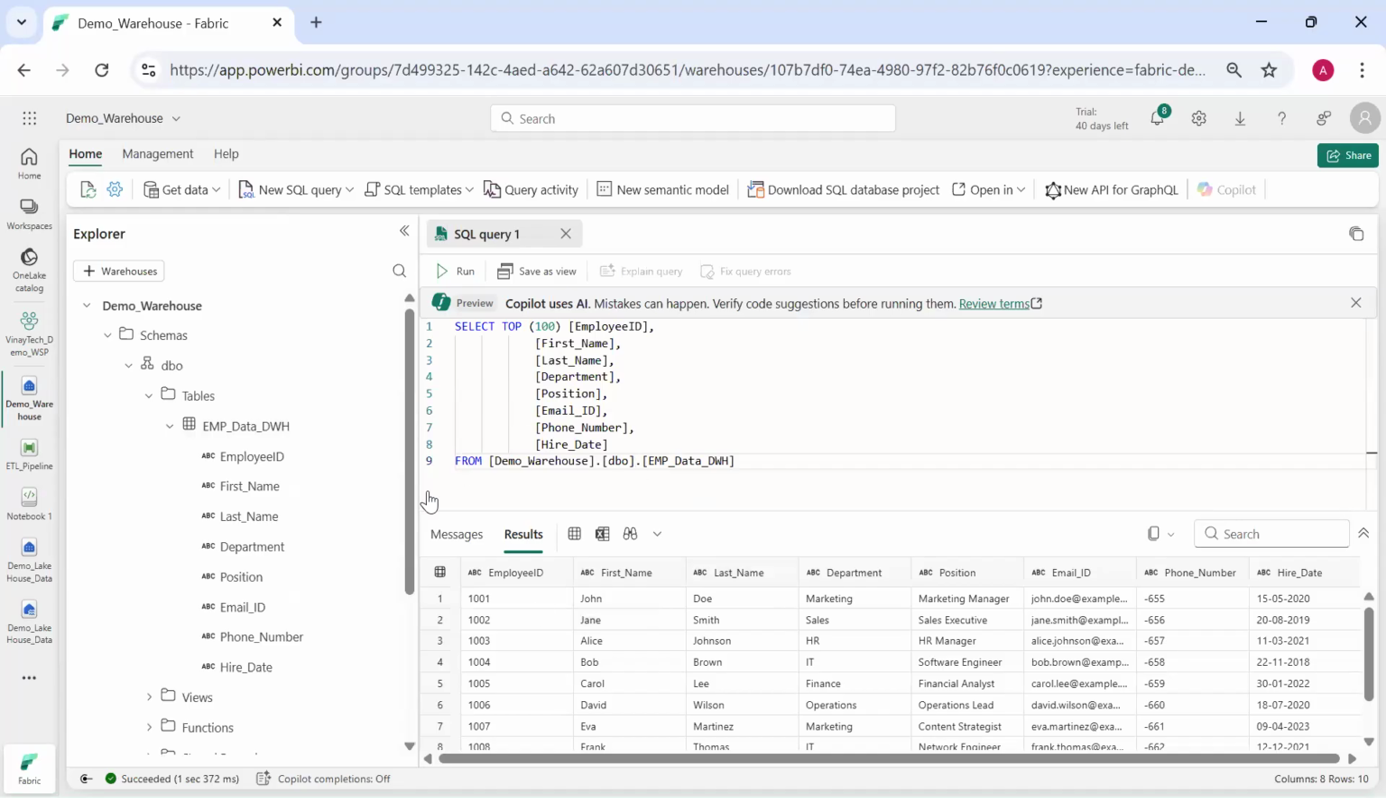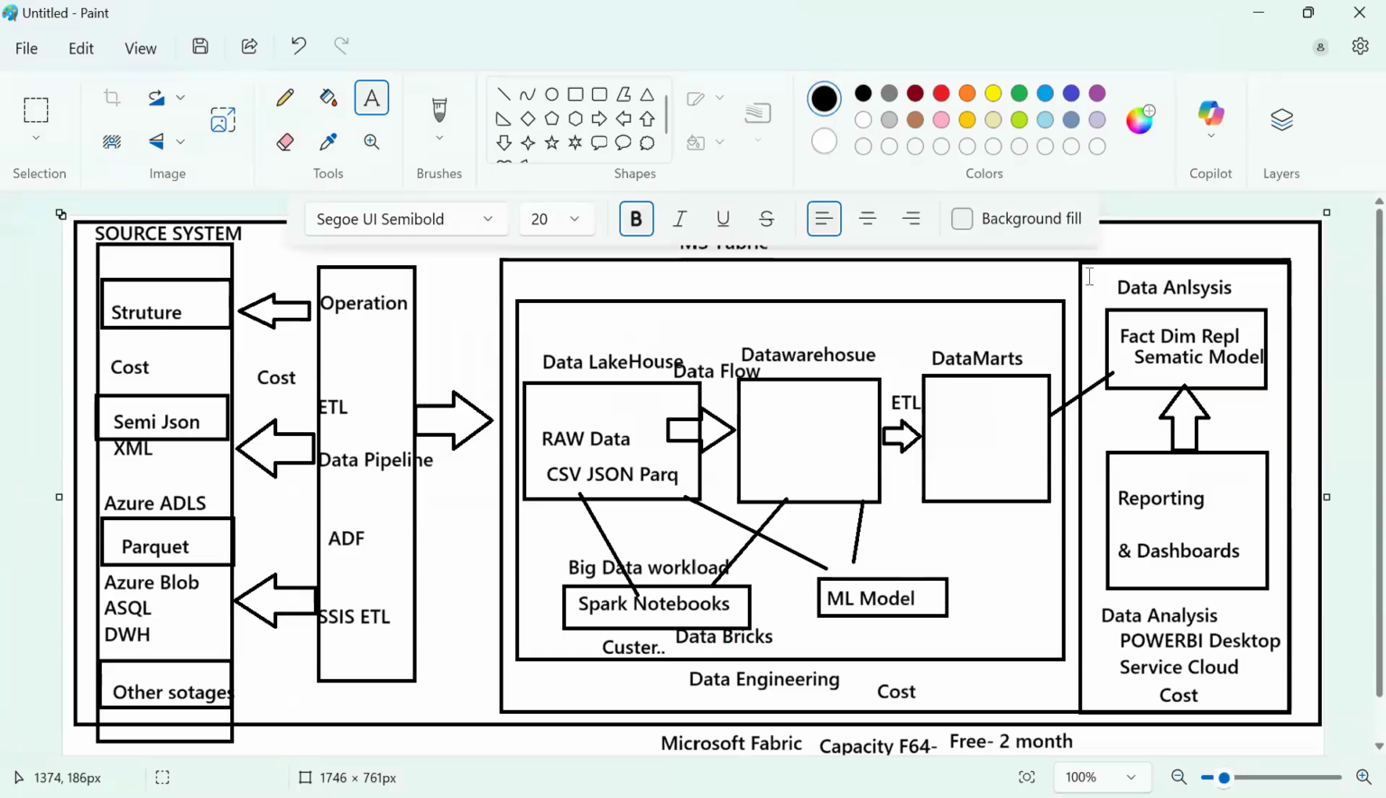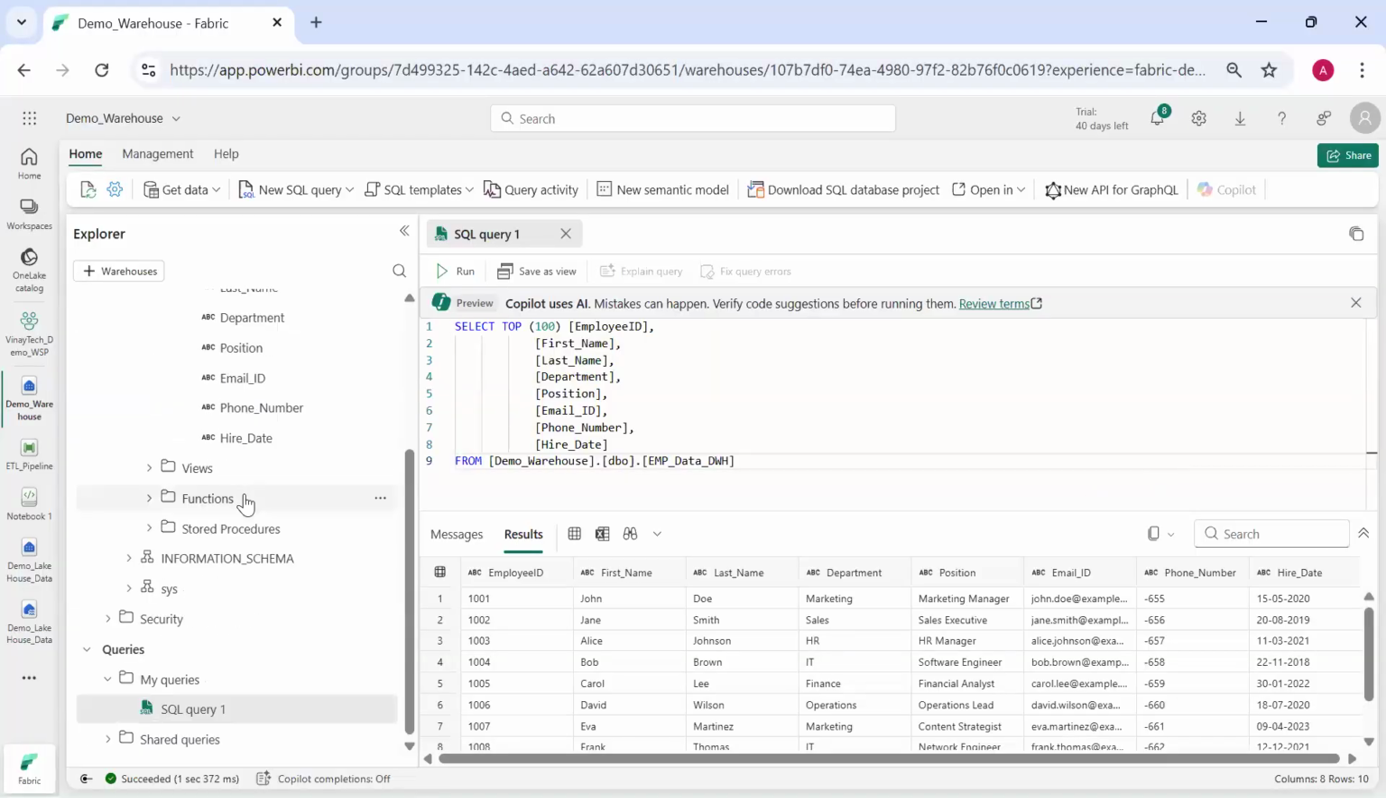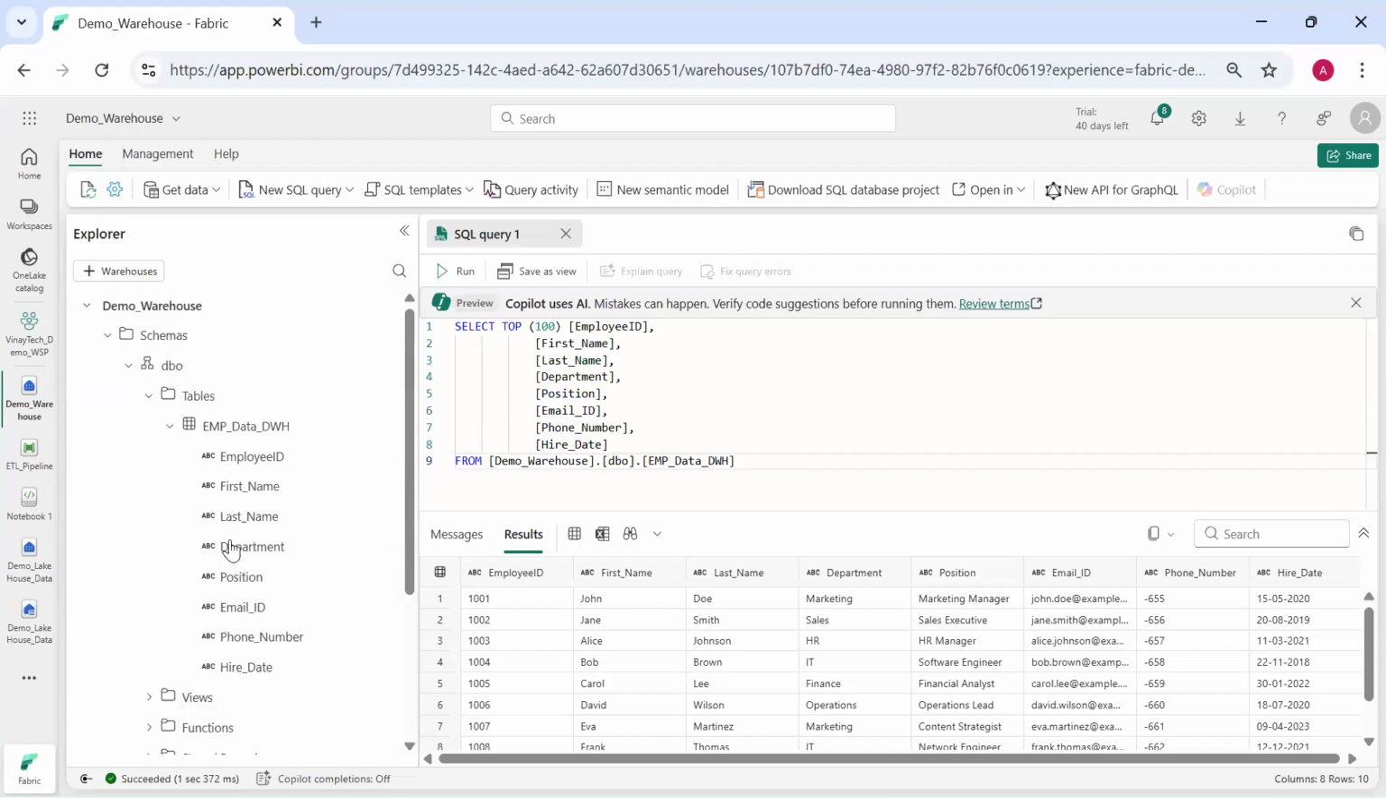So on top of this data warehouse, what we planned, we will do this work also. We will develop the schema, snowflake schema, star schema, data semantic model, and then we'll develop the reports in the same Fabric only. So in the below, if you observe here, there is a concept called